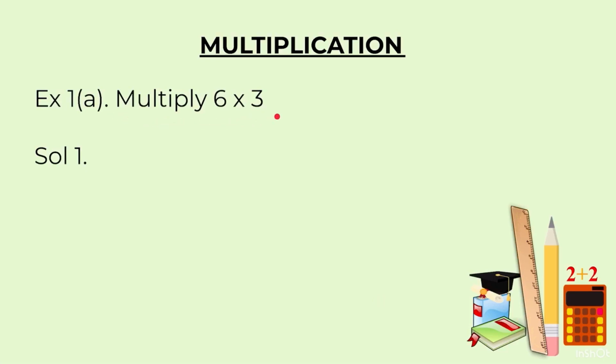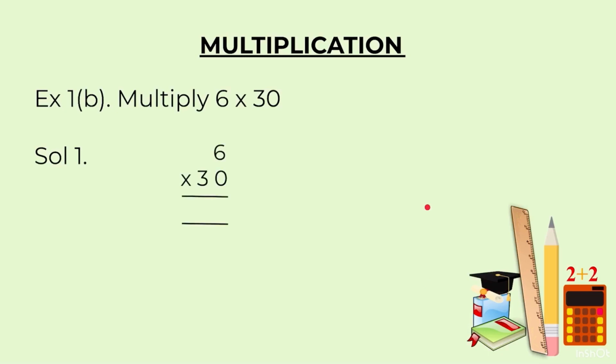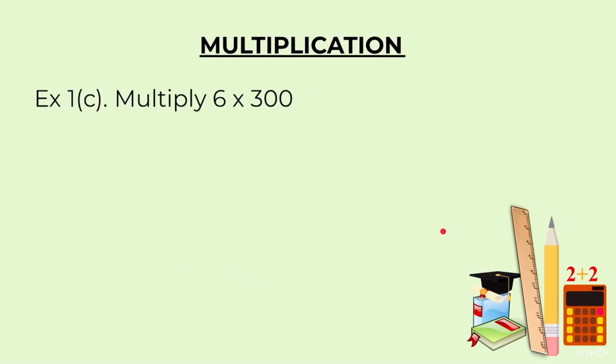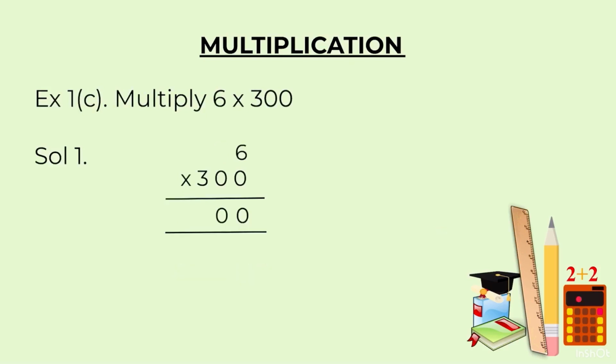Multiply 6 into 3. You will write them 6 3s as 18. You will write the answer 18. Now after 6 3s are 18, if you get 6 into 30, you will write them one below the other. You will just write a 0 there at the end and multiply again 6 by 3. You get 18. Answer becomes 180. Now if you have 6 into 300, you will write them. Now the 2 zeros we have written as it is. Now we will multiply 3 by 6. That is 18 and the answer is 1800.